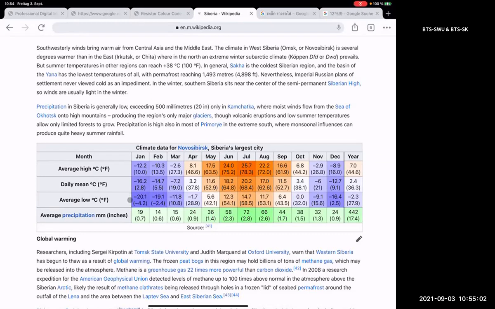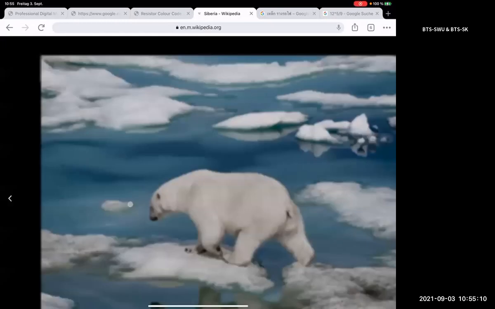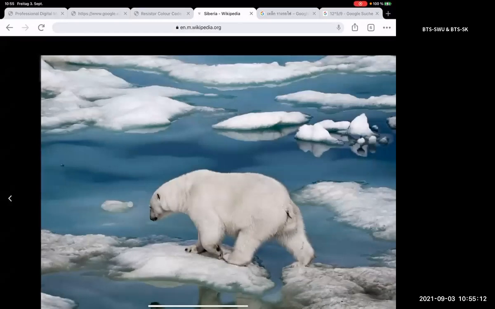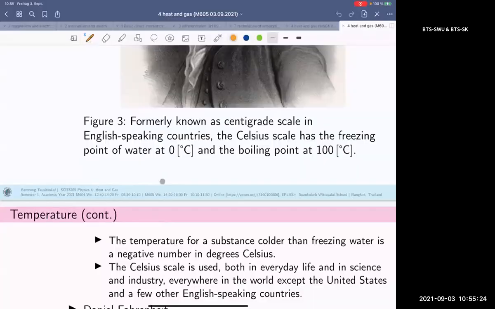You can imagine this, right? It's very cold there and we get a temperature which is really less than the freezing point of water, and we would say it's a negative number in degrees Celsius. And the Celsius scale is used both in everyday life and in science and industry. Okay, if you